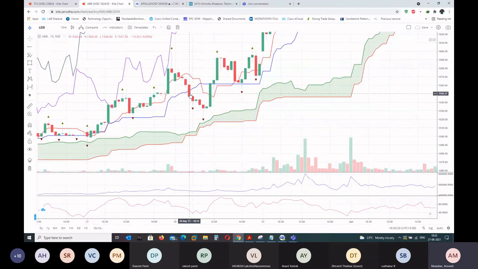For example, this one. Here you got stopped out. See this green candle, then the red candle, its low is 1546. So you can keep 1545. Next candle, you got taken out, right? Then you can see it went down. Though there was a reversal, you are still out of it. So it's up to you where you keep the stop loss.